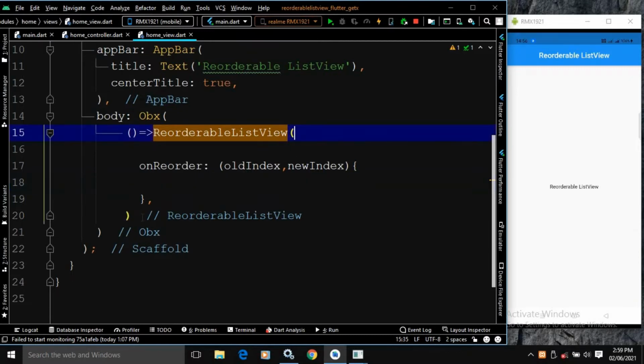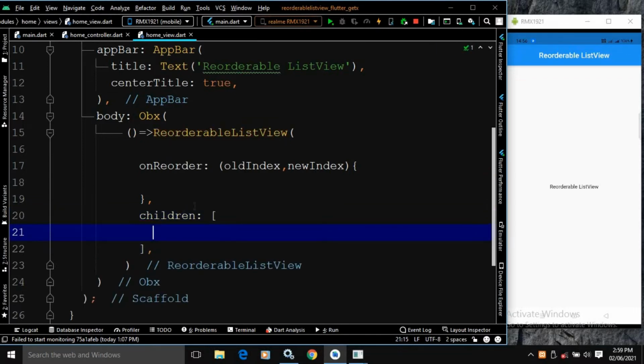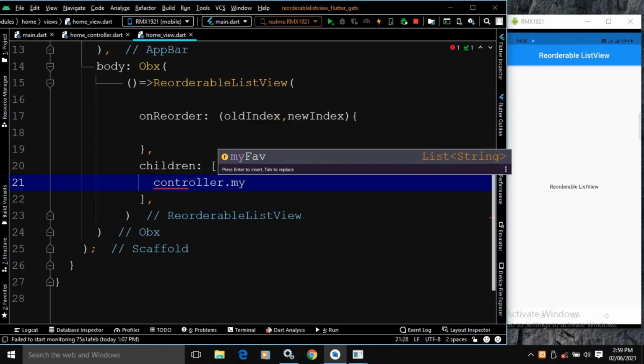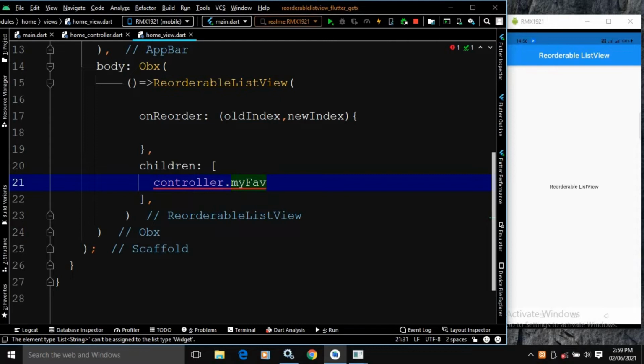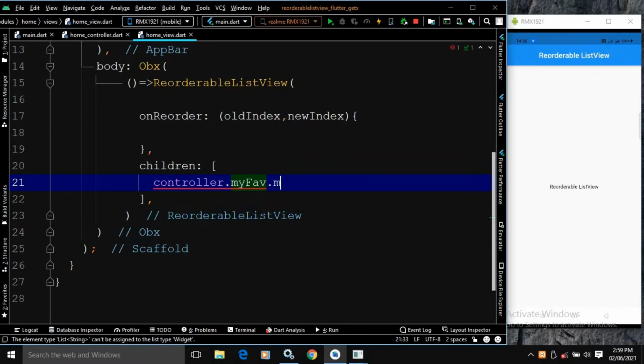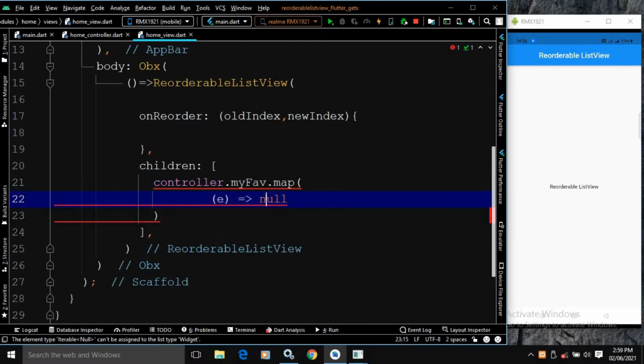Now as children of this reorderable list view, here I will write controller.myfab, the list of strings which I have created in the controller. On that list, I will use the map function. Now in this map function, here I will use a container widget.